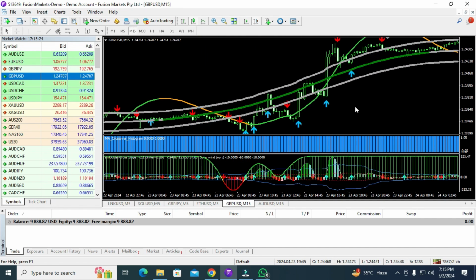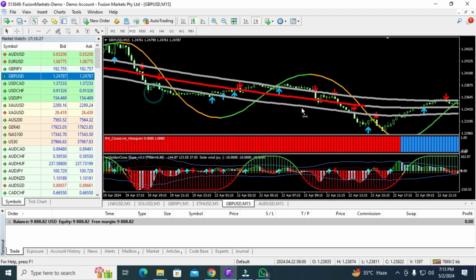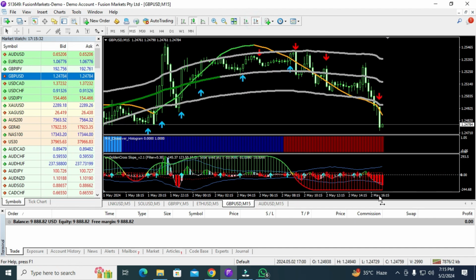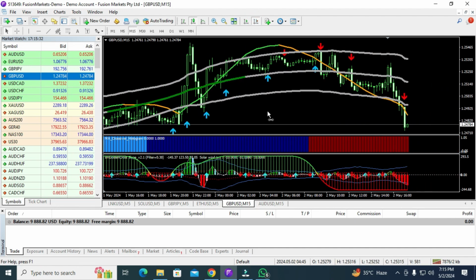If you follow all the signals here, let's see, from 2nd May, the 2nd May starts from this point. From the 2nd May you got seven signals. The first, second and third are profitable signals, but this signal is not profitable. These three signals give you some awesome profit. So on the 2nd May you are getting amazing profit.